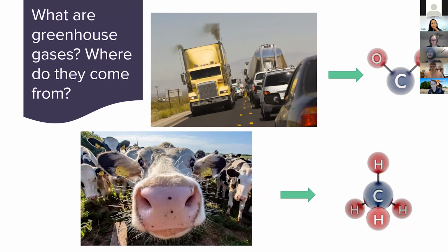There are several greenhouse gases, with the main ones being carbon dioxide, methane, nitrous oxide, ozone, chlorofluorocarbons, and water vapor. Carbon dioxide is the main gas that human activities emit, and it gets its name from its structure: 1 carbon atom and 2 oxygen atoms. Di equals 2, oxide equals oxygen. So what are some activities that you all can think of that produce CO2? If you thought of